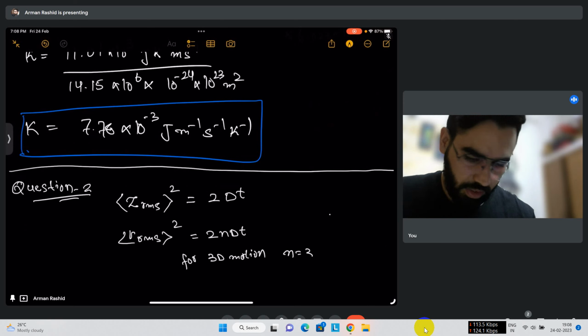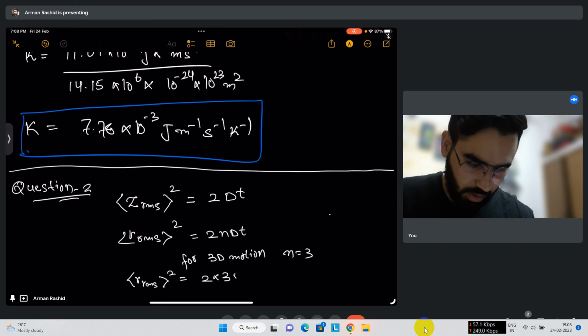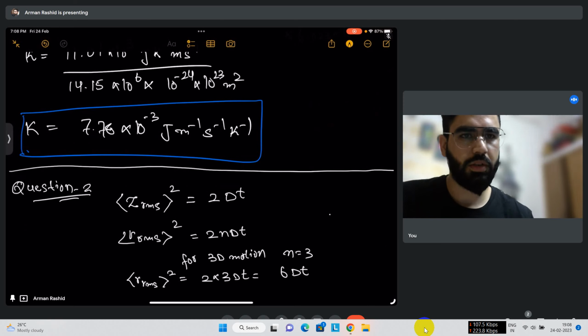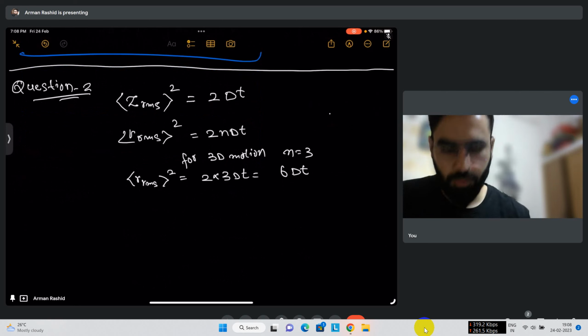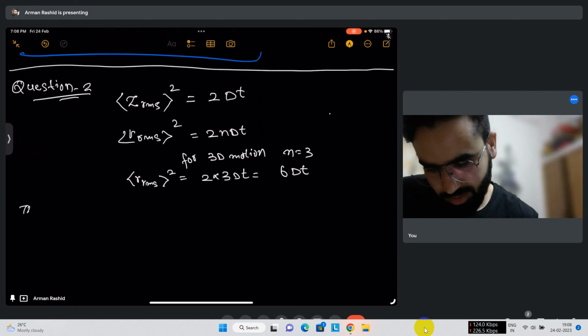Here n is given by 3, so r rms square will be given by 2 multiplied by 3 Dt, that is 6 Dt, where D is the diffusion coefficient. This equation we will use. Okay, so in order to approach the problem, we'll first calculate the